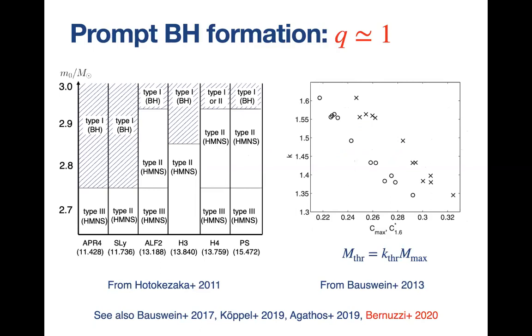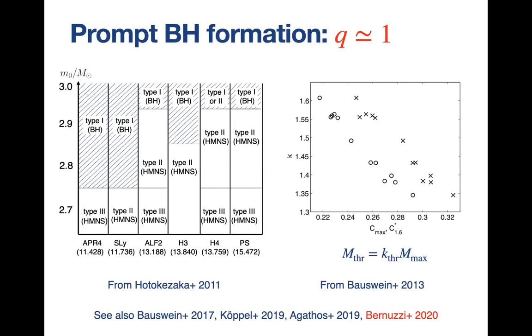One of the first things we encounter when we study the early post-merger evolution is that there is immediately a bifurcation. Some binaries make a black hole immediately, basically without bounce. Other binaries instead form something that we call a massive neutron star, or a hypermassive neutron star, or a supramassive neutron star, depending on classification schemes. But they form a somewhat stable object that survives for a little bit of time before collapsing to a black hole, or they may be stable forever.